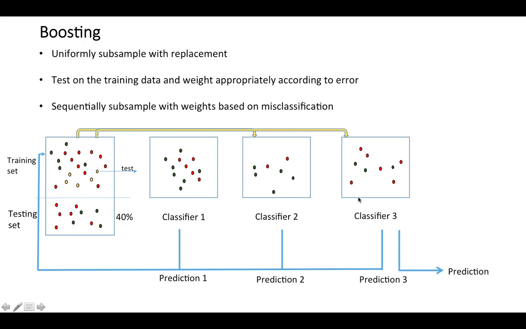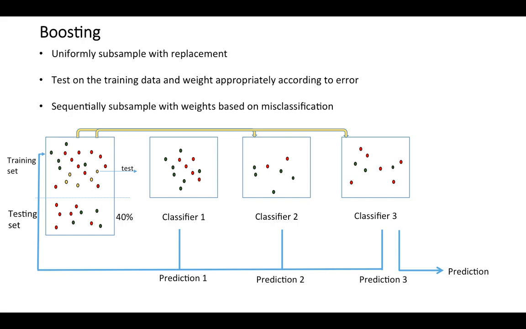Then you get what is known as boosting. There is a critical difference. It's sequential; sequentially you replace. In bootstrapping, you take a uniform subsample, you replace, you take a uniform subsample, you replace, and do that. But for boosting, you take the first uniform subsampling and test it, and then weight